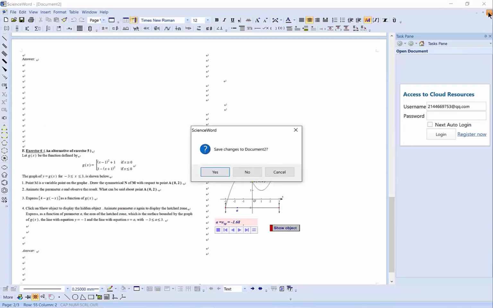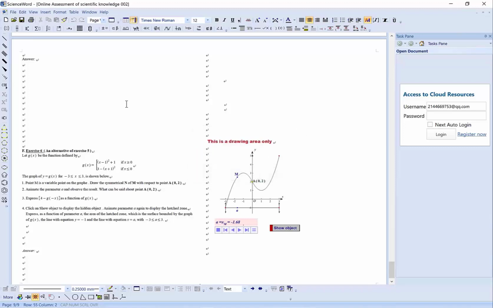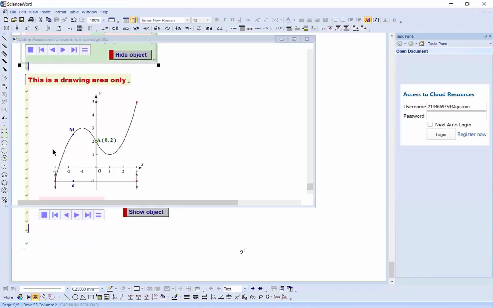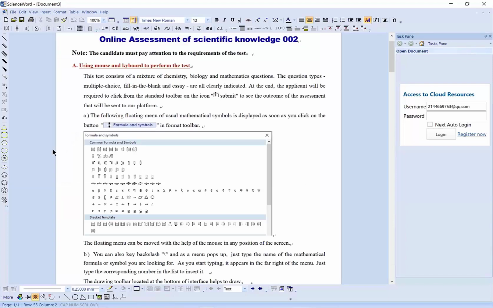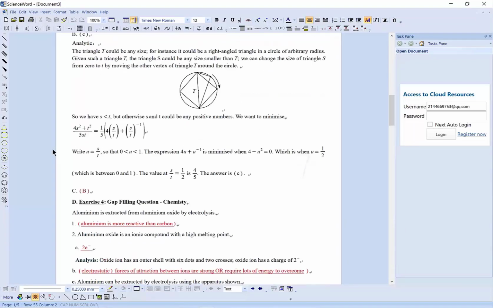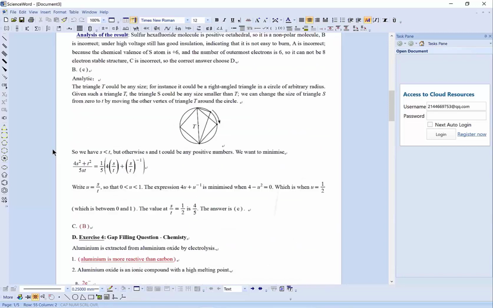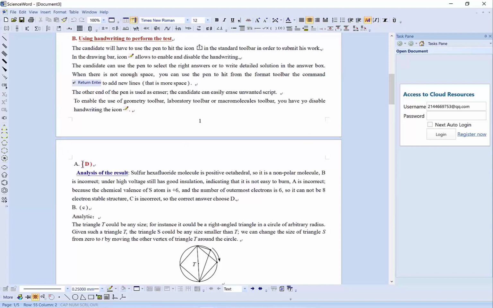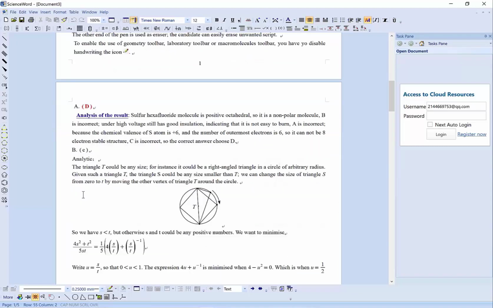Okay, so there are more options, but for the purpose of this video, I don't have too much time. So let me just move to the final one I'll do. That's the standard answer sheet. The standard answer sheet is more like your marking scheme where it shows you all the questions and the correct answers. So if you come to A, the answer is D, and the analysis or explanation of the answer is